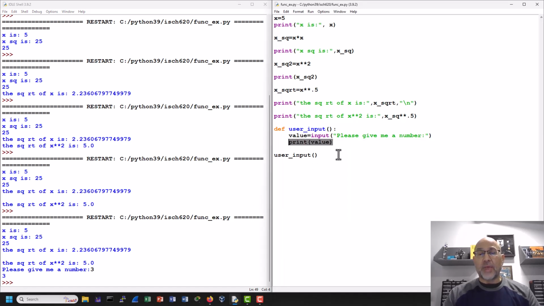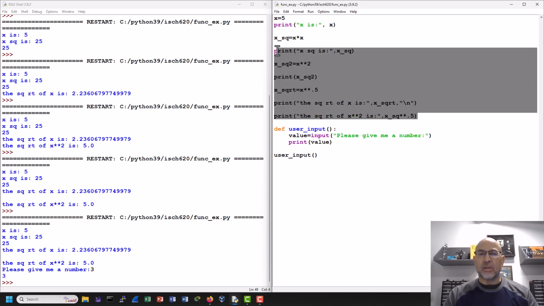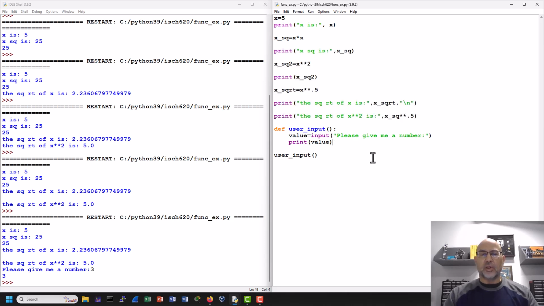Okay, so that is how the input would work and how we would get the value back. Maybe that's one way to do that. We'll cover another way here in a second. But this doesn't solve the problem of all of these math functions. So let's create a few more functions for this. So we'll have a square root function,